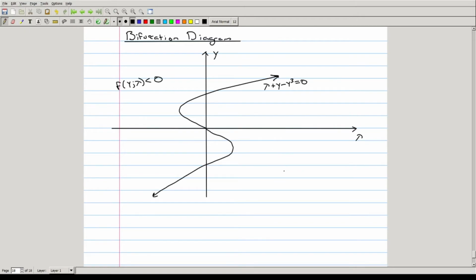And to the right of this level curve, the function is going to be positive. And we see very clearly what was found before